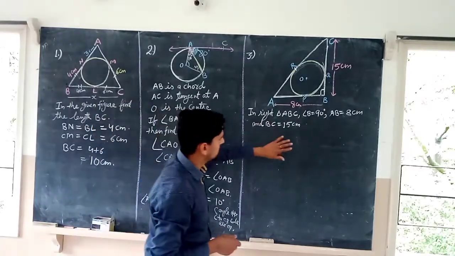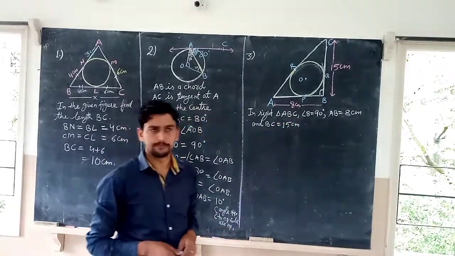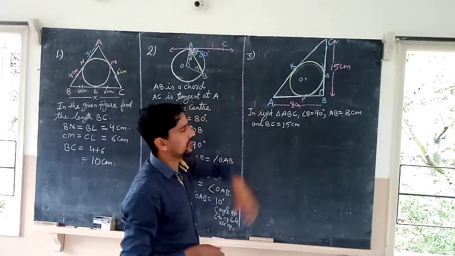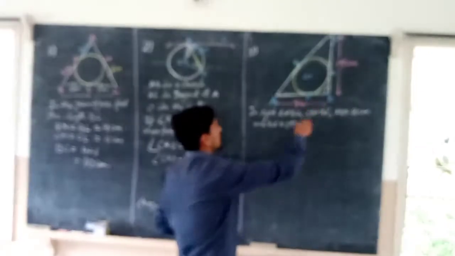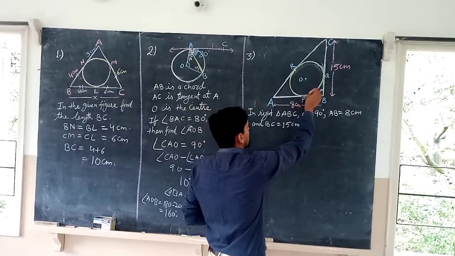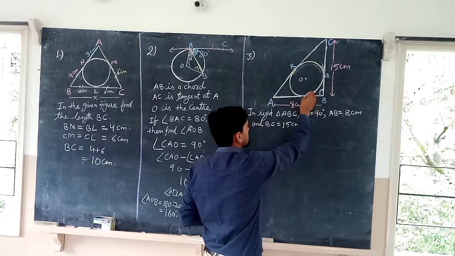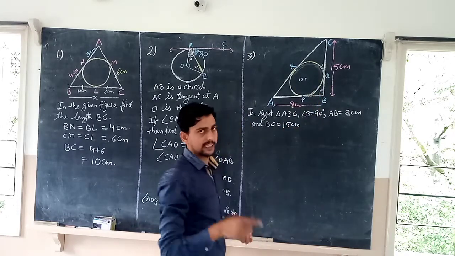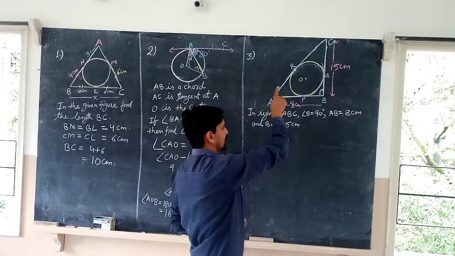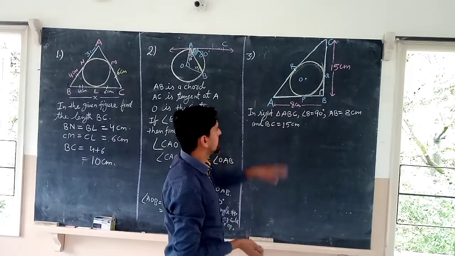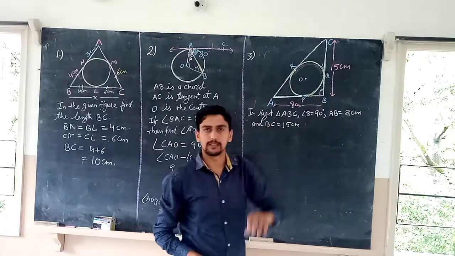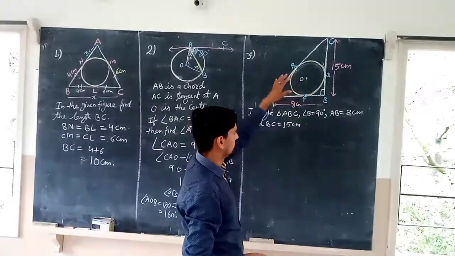Now let's come to the third kind of problem. Now the third problem is, we are given a right angle triangle and a circle inside this triangle, and we are given the tangents. These are the tangents. That means they touch the circle exactly at one point, so P, Q, R are the points of tangency. O is the center, and now we are given AB is 8 cm and BC is 15 cm. Right? This is what we have been given.